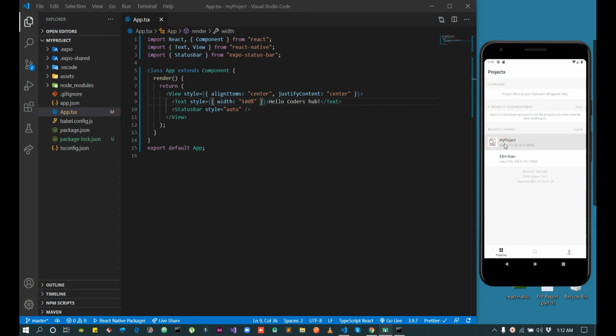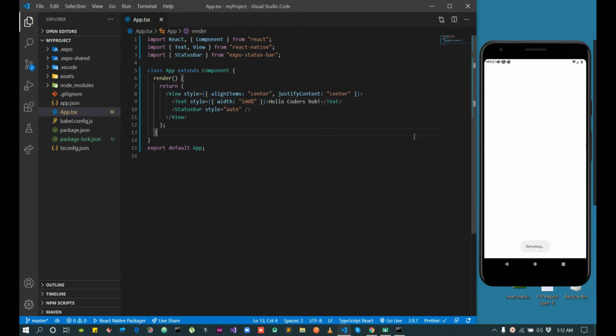We will run our project again. As we give the width 100% and it is the same, we can see from here.